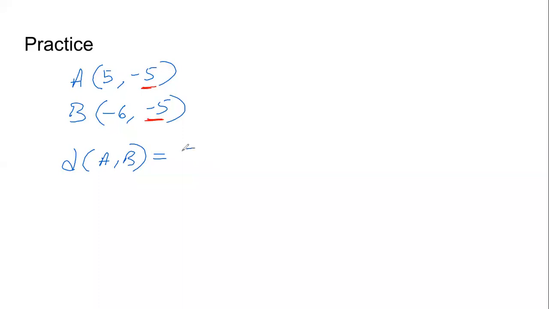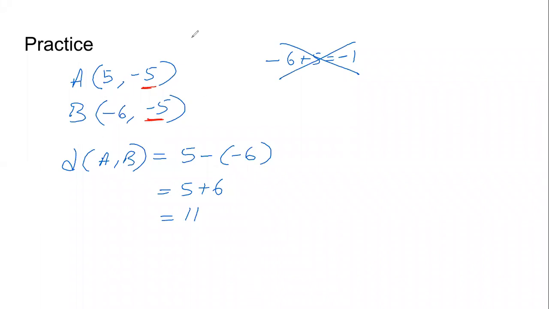Bada coordinate, which is 5, minus the chota coordinate. Equals 11. Aarti, I think you did it the other way around, minus 6 plus 5 equals minus 1, which is no way right. So first we have to see what kind of points they are, and based on that, we can calculate easily.